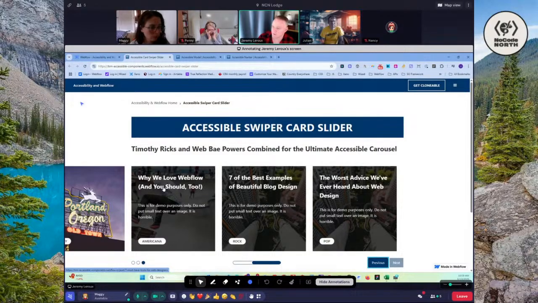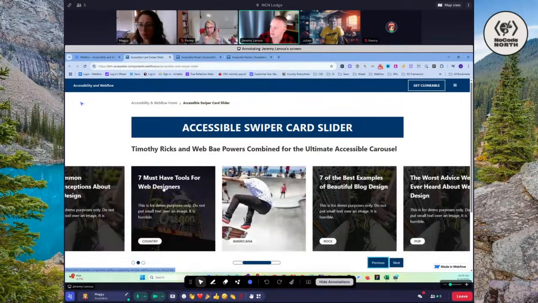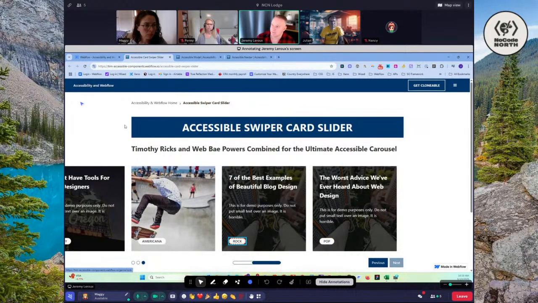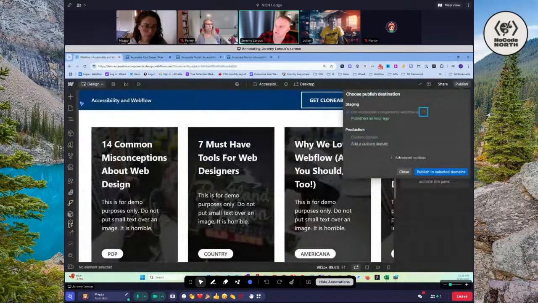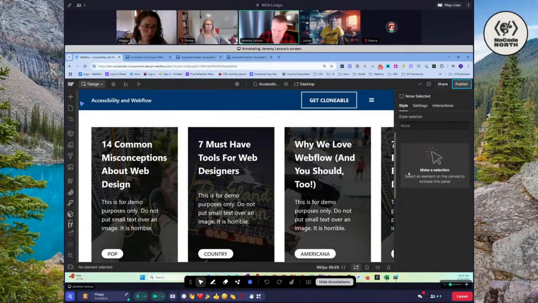This is where it gets complicated in most regular sliders: you hit previous and then you try to get back to whatever the carousel is. With this style, all of the information for accessibility is right up at the top, 5 group link main, so it's right when we get into it. And so that's where this combination comes in. So I'm going to quickly go over what this is and turn that off